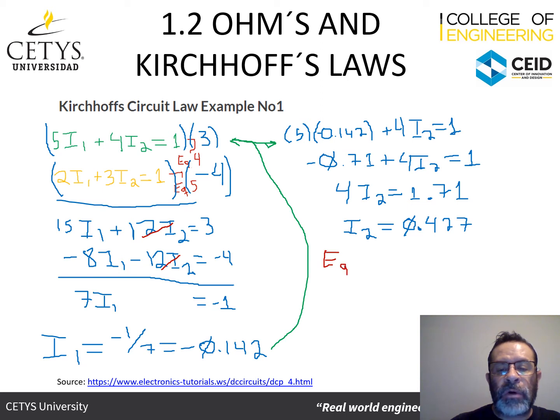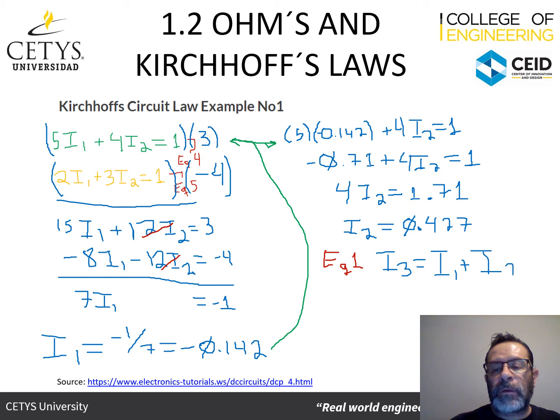And lastly, let's remember that we had equation 1, and equation 1 said that I3 was equal to I1 plus I2. And so this means that I3 is the sum of minus 0.142